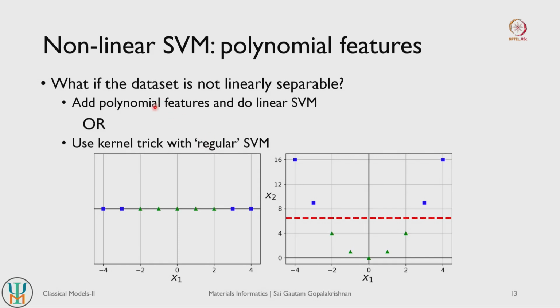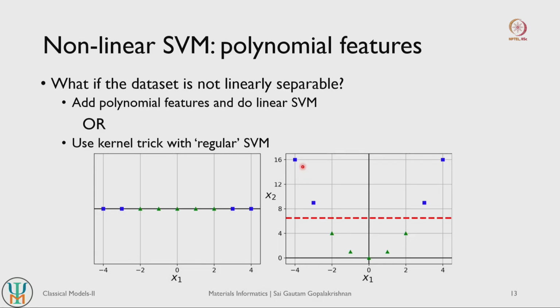Let us take the case of adding polynomial features. Let us say I take this exact same data set, but instead of taking x1 as my feature, I take x1 square. So basically I take the squares of all of the x1 points, alongside all of the x1 points for all of the data points that I have. So 0 square is 0, this is 1, and this would be 2 square, that is 4, this would be 3 square, that is 9, right. So if we were to plot the square of the features, I am plotting x1 and then x2 is basically my x1 square here.